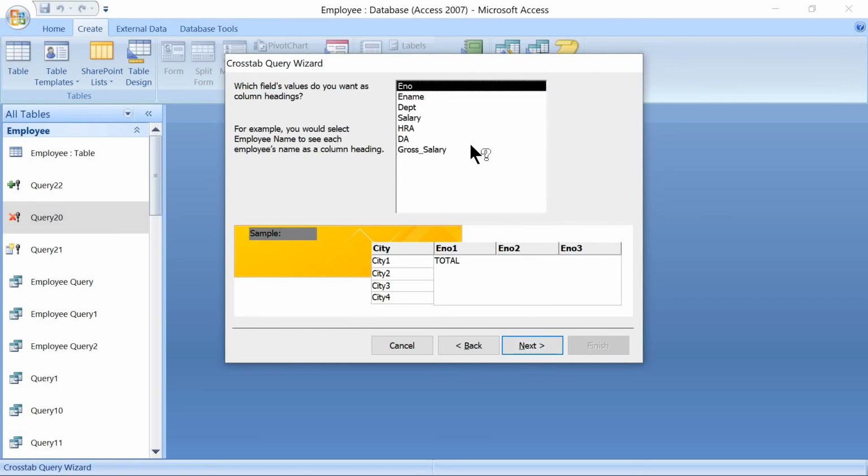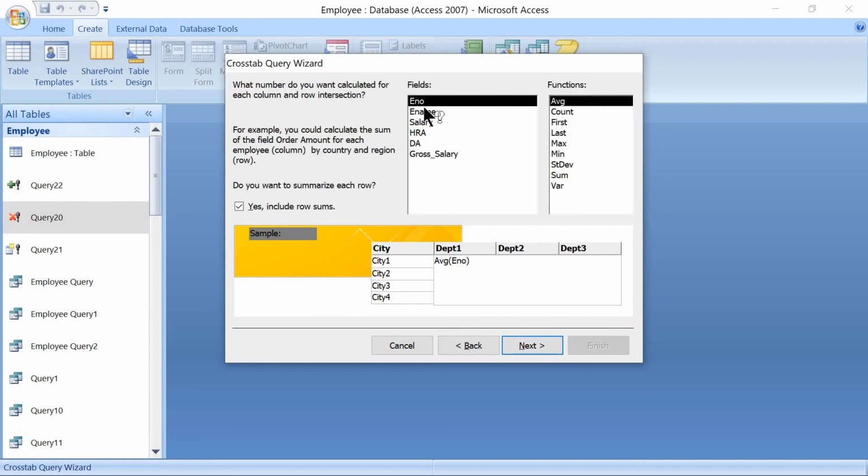Next, which one we have to take for column headings here? Let's take for department. Next, on which field what type of calculation has to be performed? That is given here. Let's take on employee number. We will have a count here.